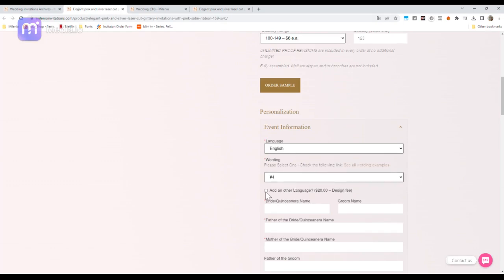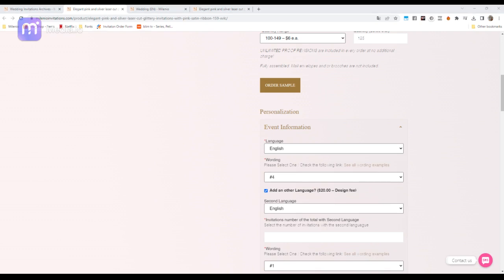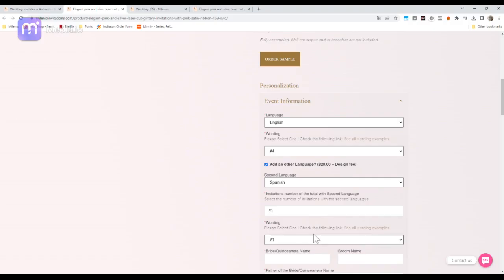Also, you can add a second language for an extra design fee. In that case, you'll have to type the quantity you will want in that language, and also choose a wording number for that language. Once you have selected the language and the wording, the next step is to write down